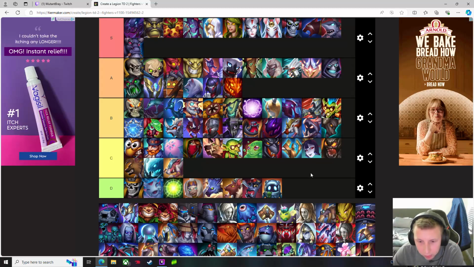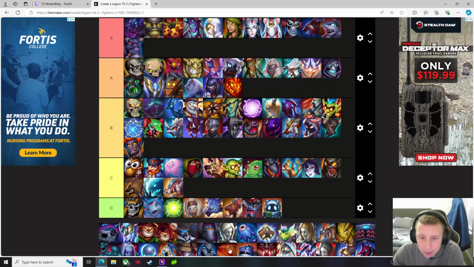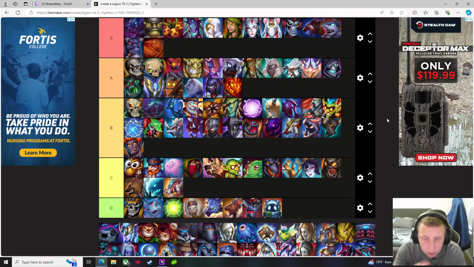Who else can we see here? Firelord. Firelord I'm gonna give to B, and Phoenix I'll give to S. Now the biggest reason why, I might even put Phoenix in A. The biggest reason why they're kind of lower high, because for them to do more damage they have to be taking more. So it's kind of like the lower health they get, the more damage they do,